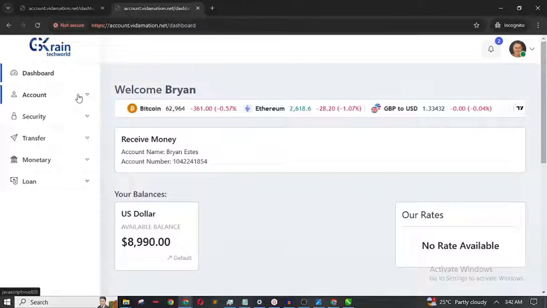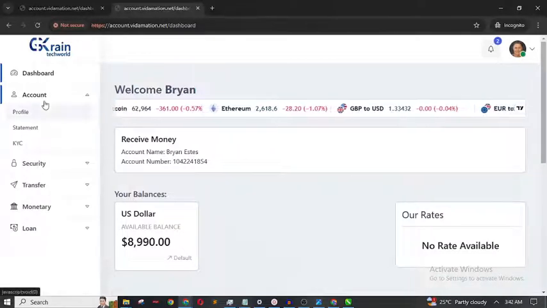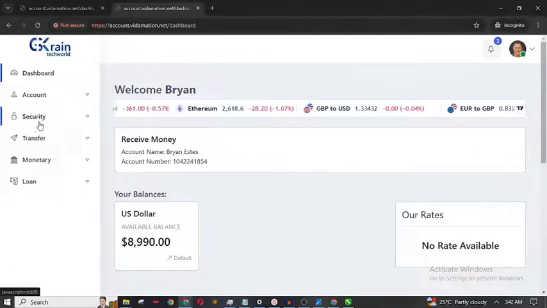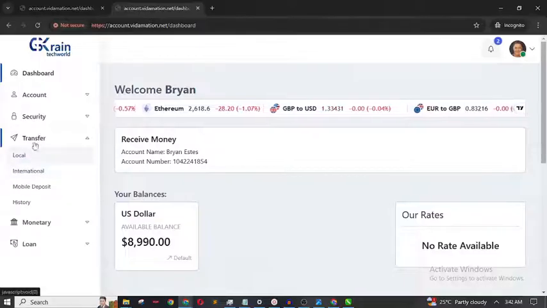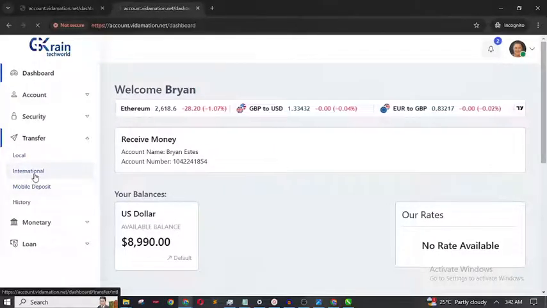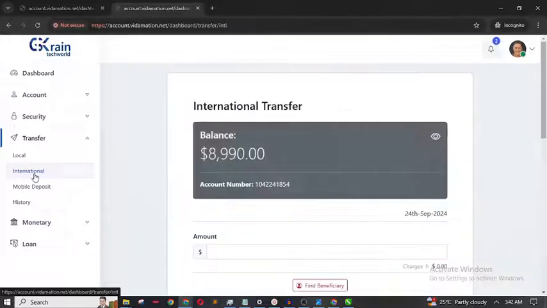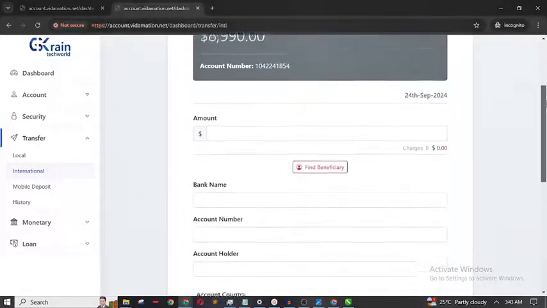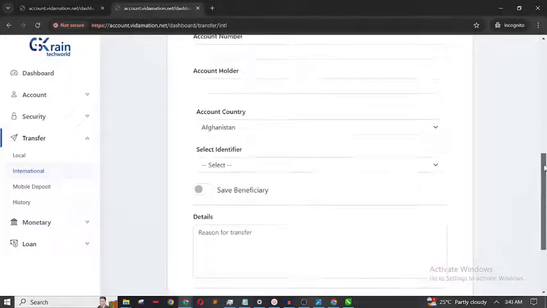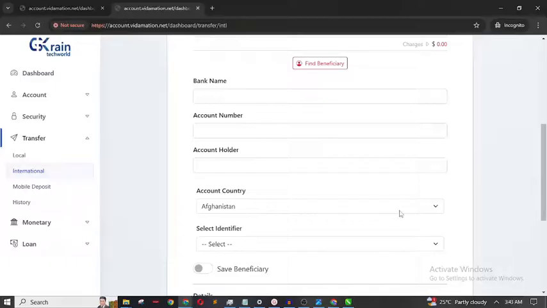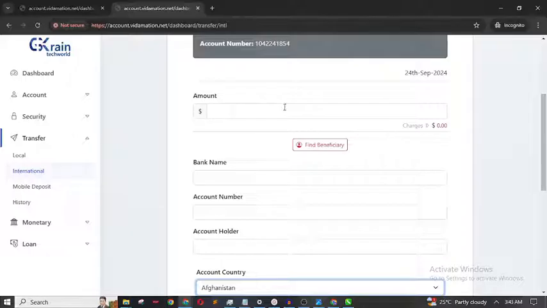So we have showed you profile, statement, security. Now we just finished local transfer, so now we can also make international transfer. It's just the same way we did the local transfer as well. But in this one you just have to select the country of that particular person. So let's make a transfer of $2,000. So I'll just put in